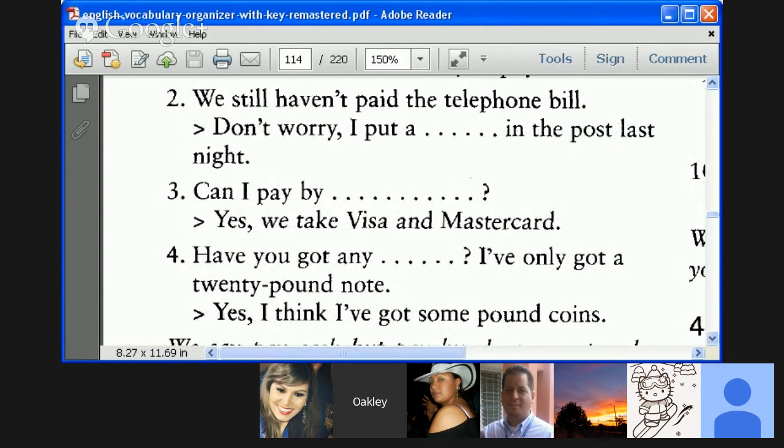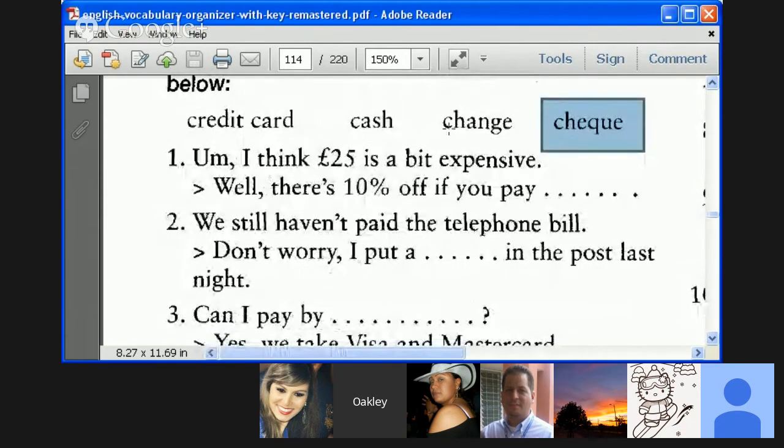Change even means small money, coins. For example, I want to buy some juice from a vending machine, but I don't have any small coins, so I want to get some change. Yes, that is correct. But shortly before you entered the class, I had given that definition. Yeah, actually, that's right.